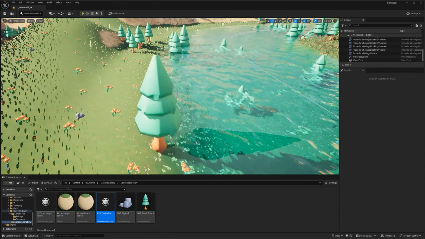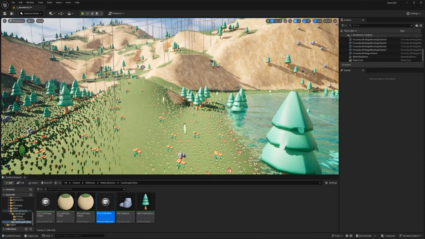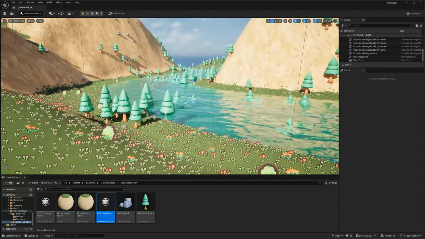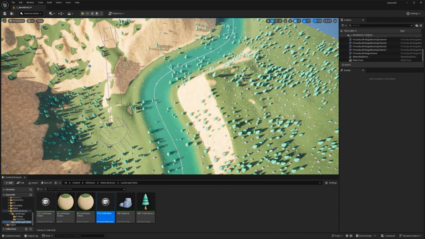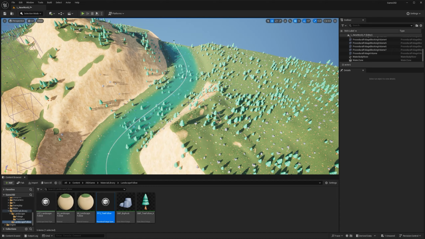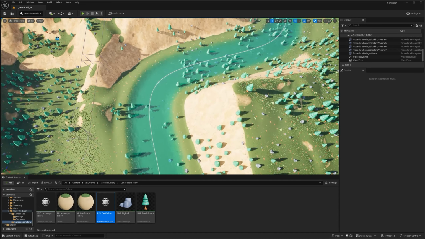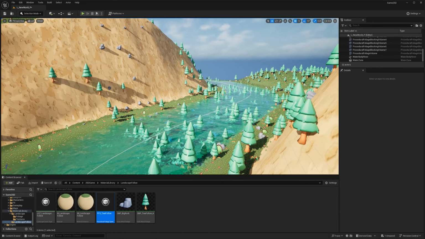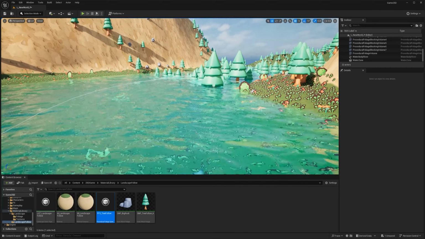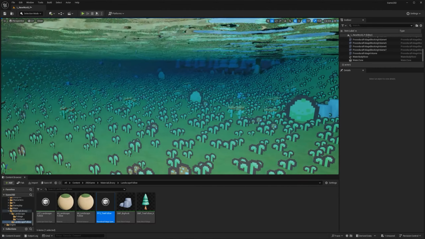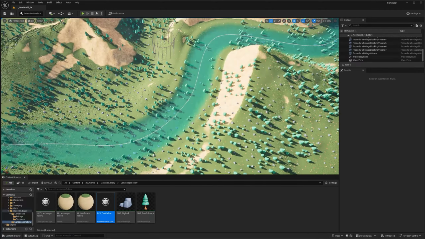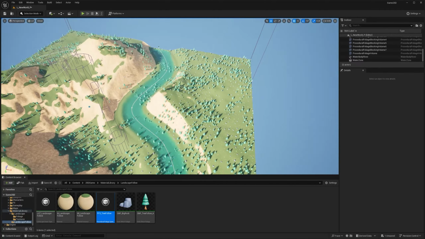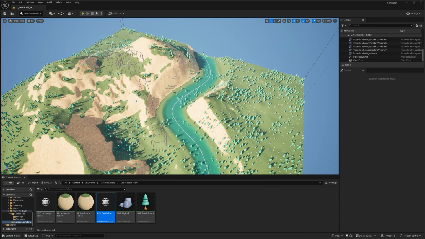If I get close to it, you can see the scale of this. There are a few things about this river that are interesting. One, the curve is very, very precise, and I'm going to show you how to use effects to add some variation. But also, because I'm painting this on top of the grass that is placed by slope, there's a bunch of grass underneath it. So we're going to have to create a mask in the landscape material in order to paint out this detail.